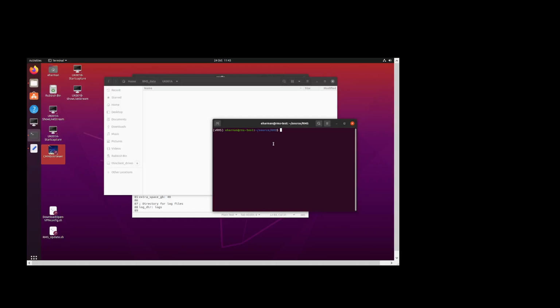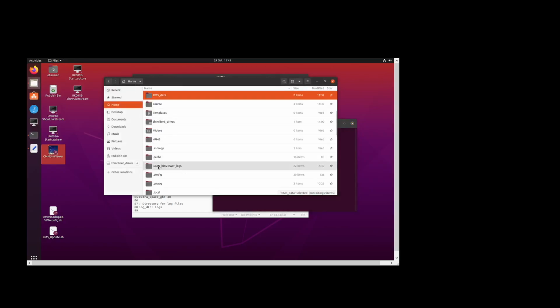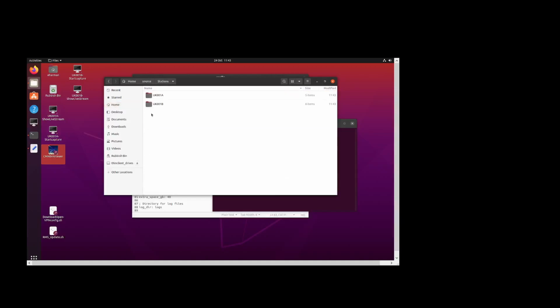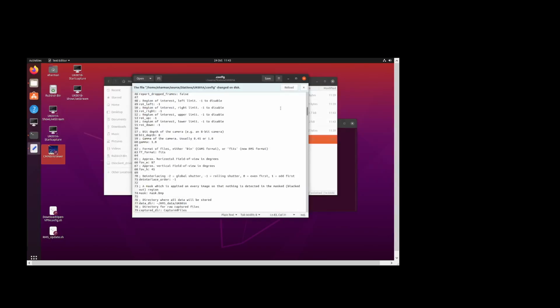So let me just run this quick script that will copy my configs over from a saved directory, and then if we look in source stations, so now it's copied my platepar, it's created my mask, and it's updated my config. So I've now got